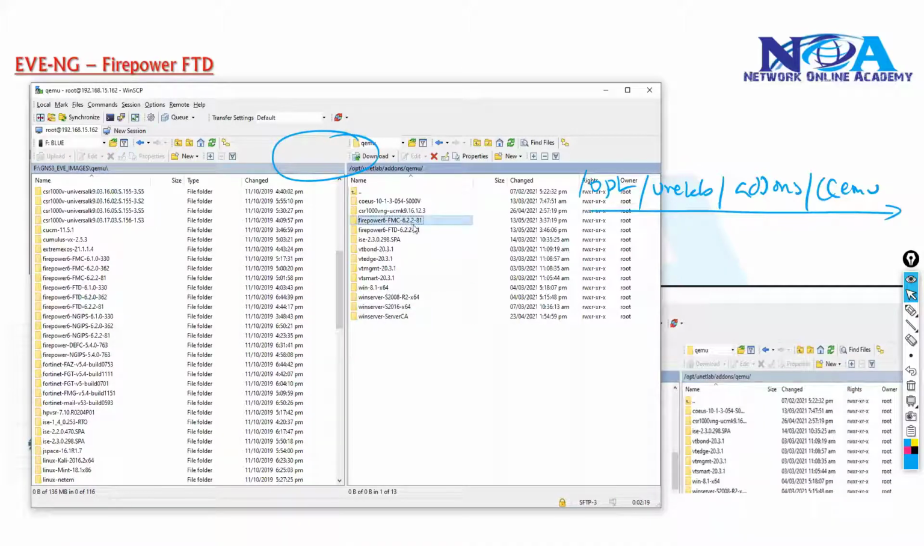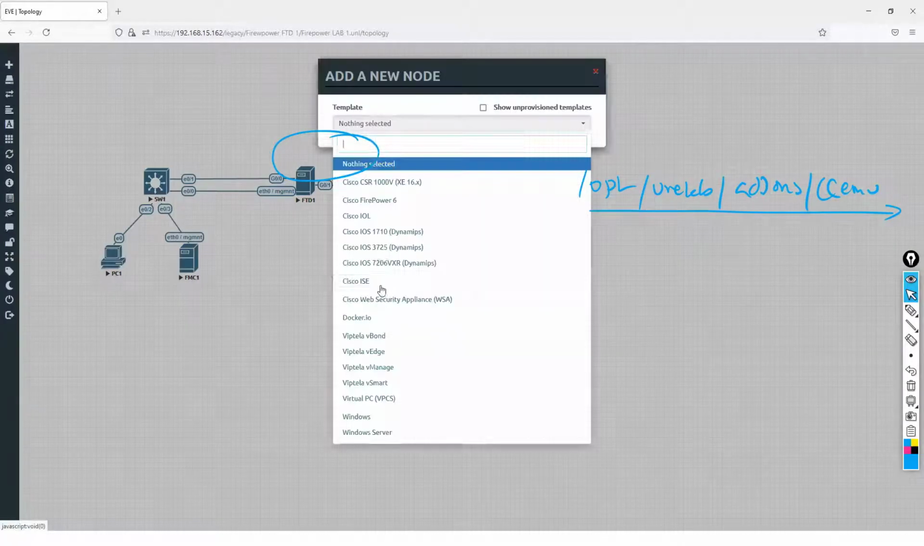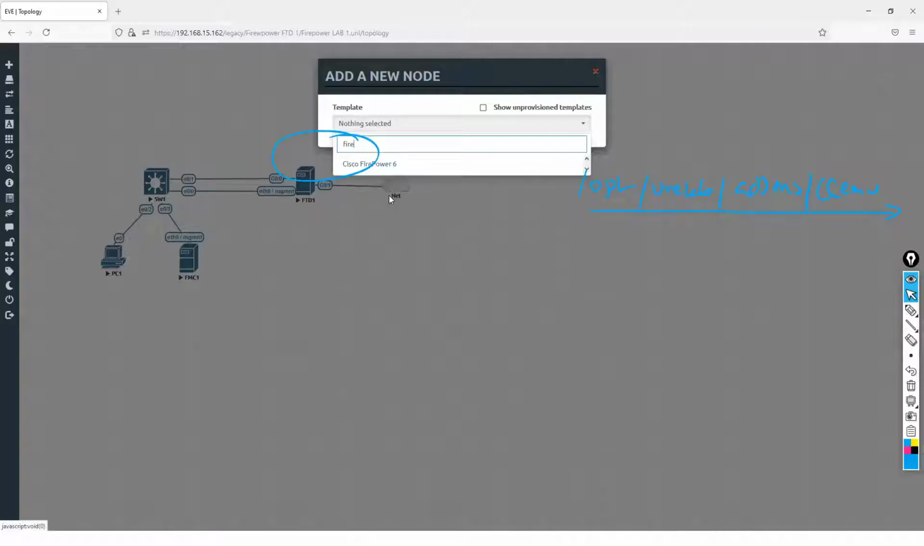That's what you can see. I do have this FMC image already uploaded on the right side, and I also have the FTD image uploaded here. These images are already there, which means I don't need to do this. And that's the reason here you can see when I click on node and say Firepower,